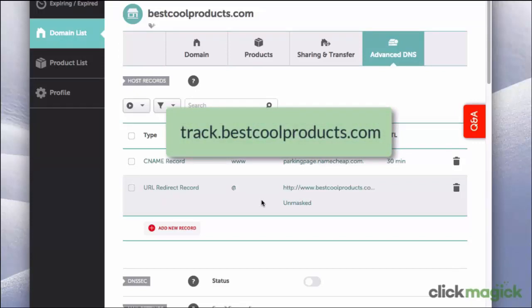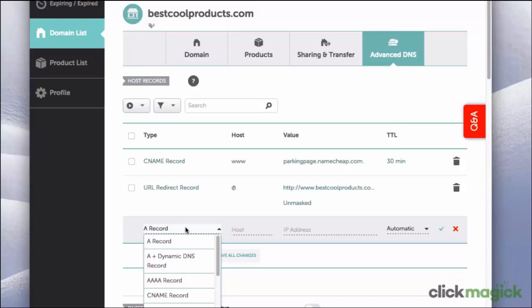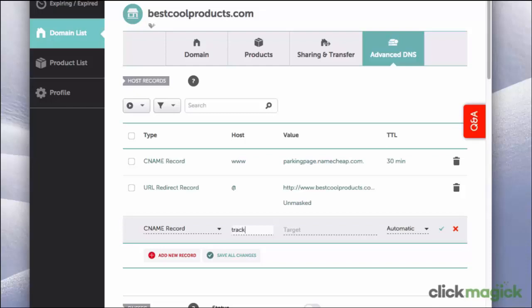track.bestcoolproducts.com. We'll need to add a new CNAME record to do that, so let's click on the Add New Record button and we'll choose CNAME record. For the host, I'm going to enter the name track, so we'll have track.bestcoolproducts.com, but you can choose just about anything you want here. For the target, we need to paste in a special Clickmagick domain, and to do that,